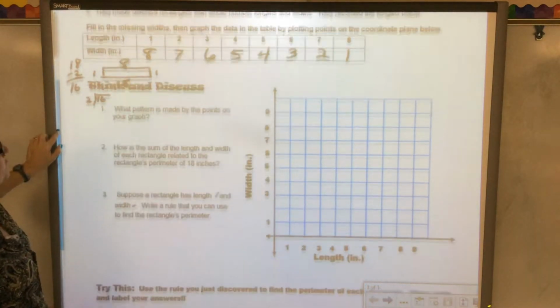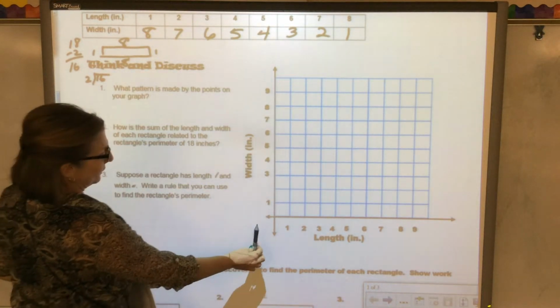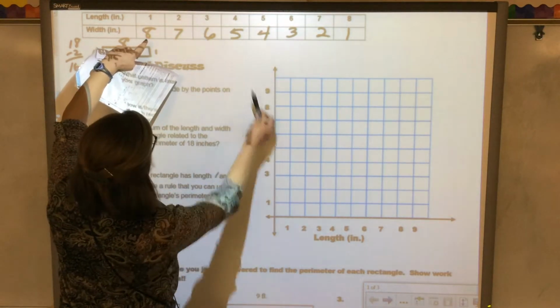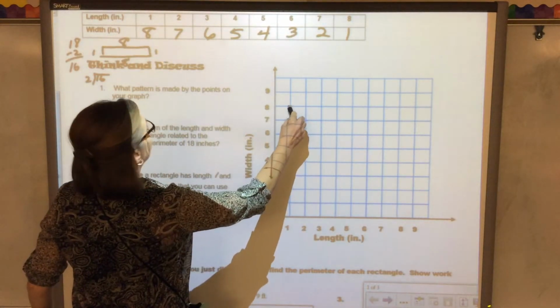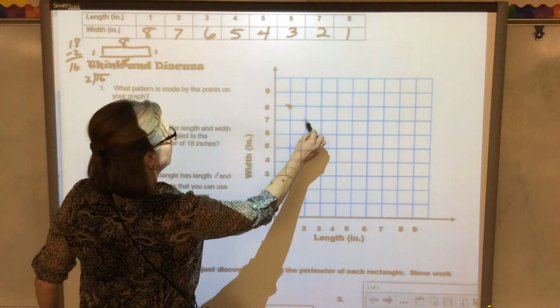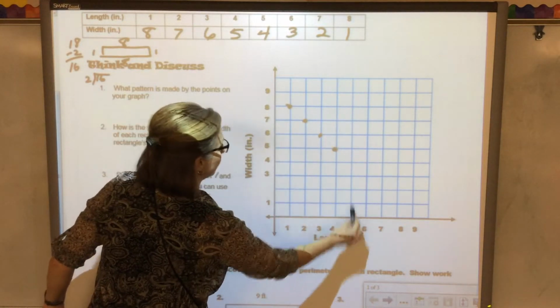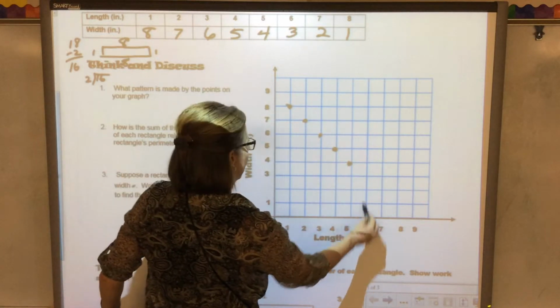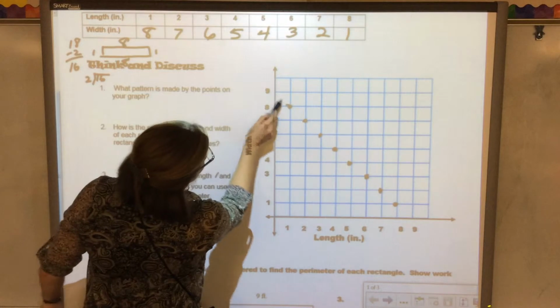So we're going to plot these points. This is an easy one, and this one's going to be a nice straight line. When we look at the width, that's the y-axis this time, and the length is 1. So we're going to go 1, 8, 2, 7, 3, 6, 4, 5, 5, 4, 6, 3, 7, 2, and 8, 1. And when we draw that line,